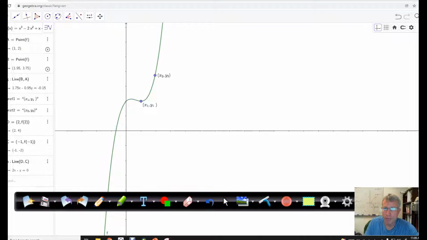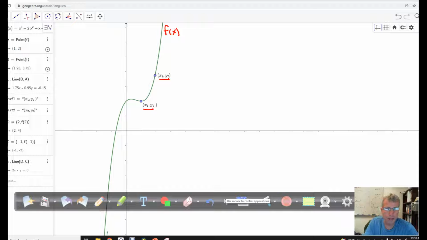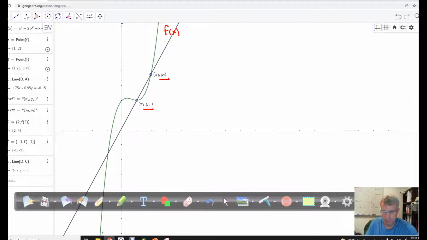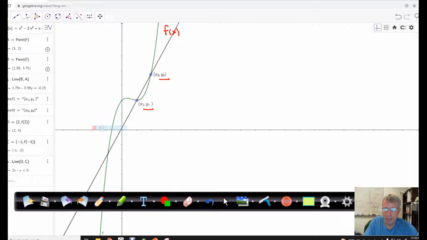If you have a graph f of x, so here the green graph is my f of x, and on that graph you have two distinct points, x sub 1, y sub 1, and x sub 2, y sub 2, the secant line is the line that contains or passes through those two points. So a line that intersects a graph in two points is a secant line for that graph. So this right here is the secant line